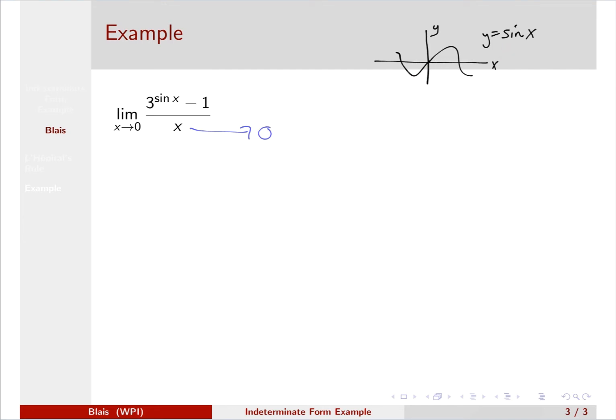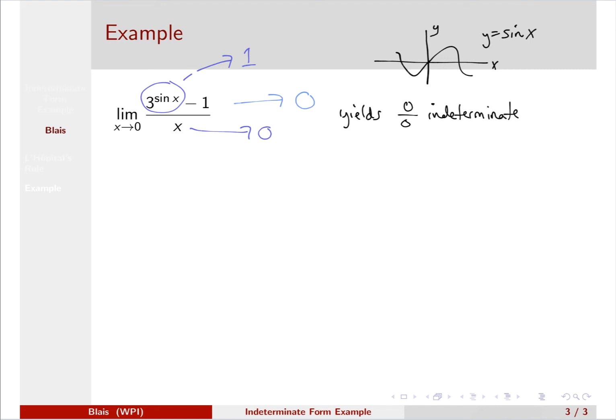So that 3 to the sine of x term in the top is approaching 3 to the 0, or 1, which means the entire numerator is approaching 0. So direct evaluation yields 0 over 0